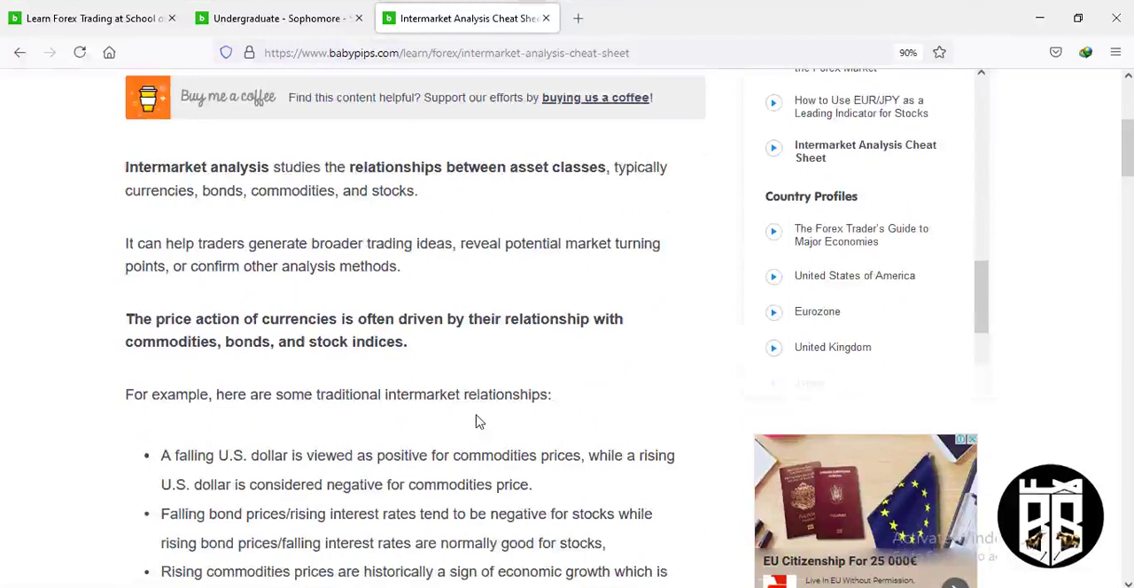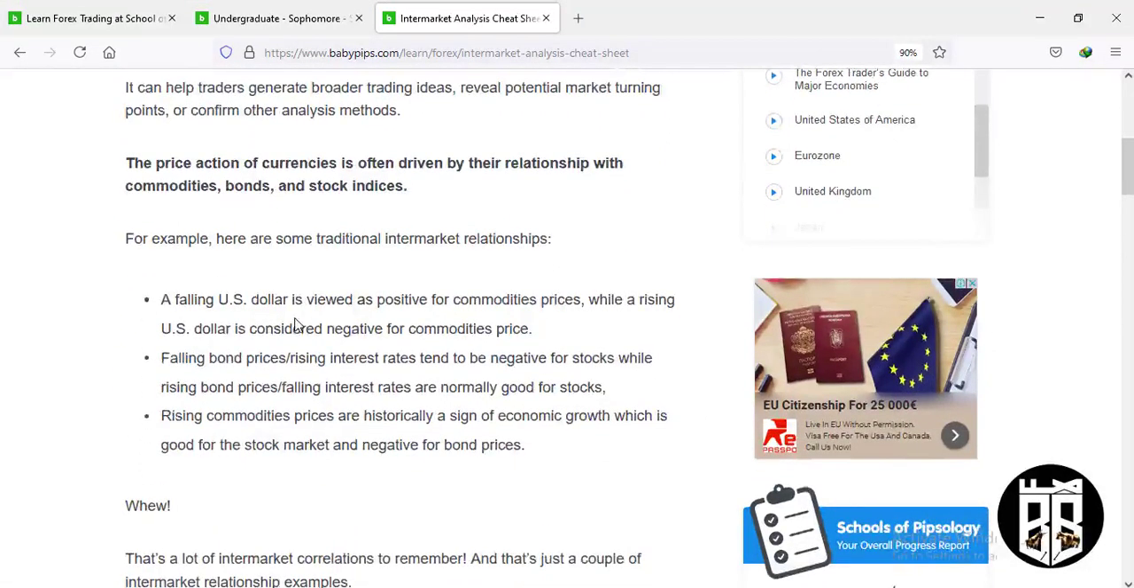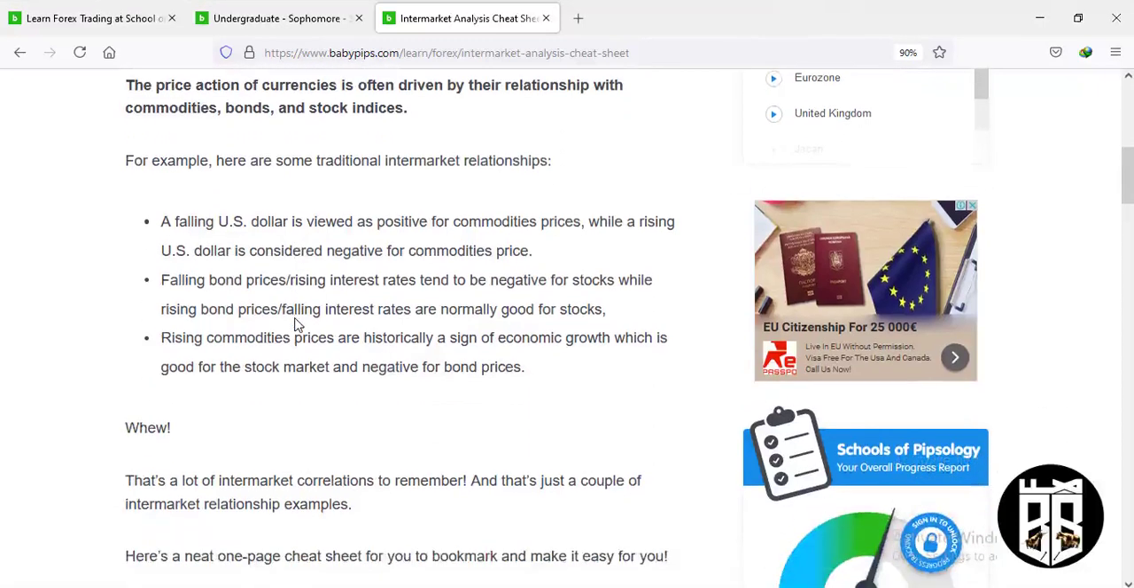Now, intermarket analysis studies the relationship between asset classes, typically currency, bonds, commodities, and stocks. It can help traders generate broader trading ideas, reveal potential market turning points, or confirm other analysis methods. Now, the price action of currencies is often driven by their relationship with commodities, bonds, and stock indices. For example, a falling US dollar is viewed as positive for commodity prices, while a rising US dollar is considered negative for commodity prices. Falling bond prices